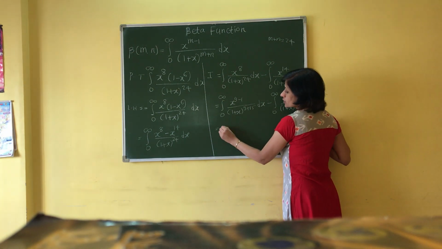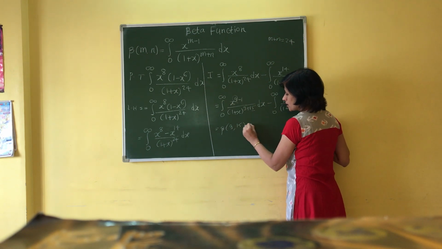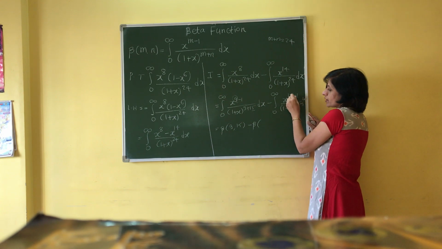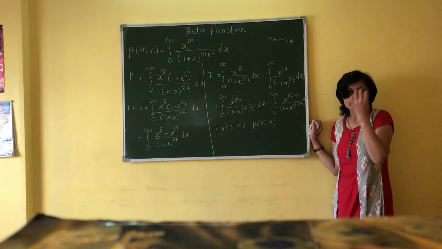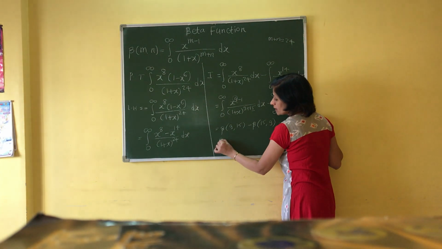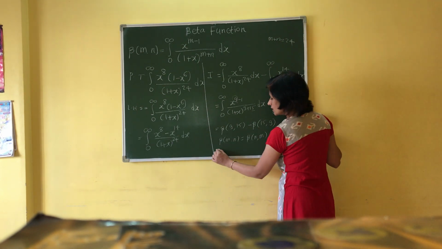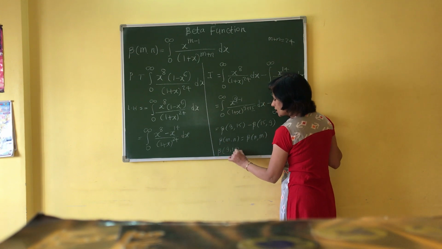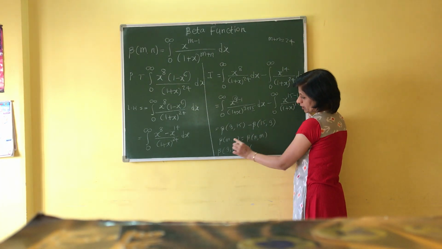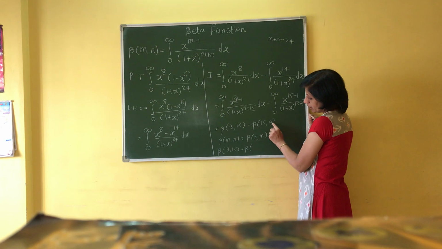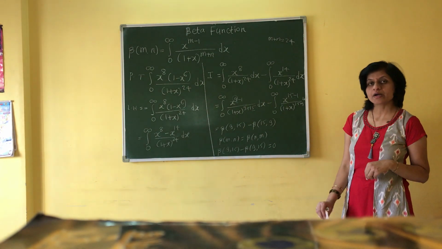We get beta function of m, n: m is 9 and n is 15, beta function of 9 and 15 minus beta function of m, n, here m is 15 and n is 9. But we know the commutative property of beta function: beta function of m, n is equal to beta function of n, m. Therefore, beta function of 9, 15 minus beta function of 15, 9, apply this property: beta function of m, n is beta function of n, m. Here n is 9 and m is 15. Answer is 0. We get the value of RHS.